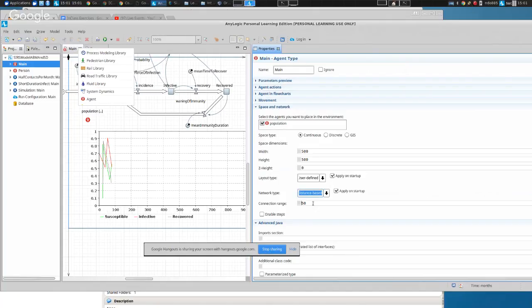Okay? And we're going to have a connection range, ladies and gentlemen, of 50. 50 will be fine. Connection range of 50. Okay, are we okay with that? Okay, now,